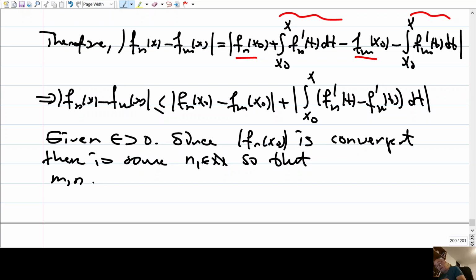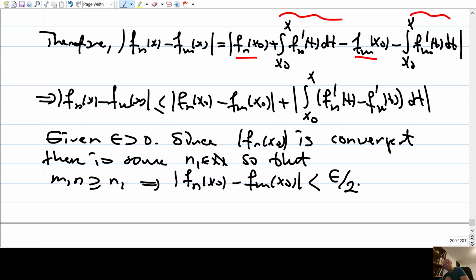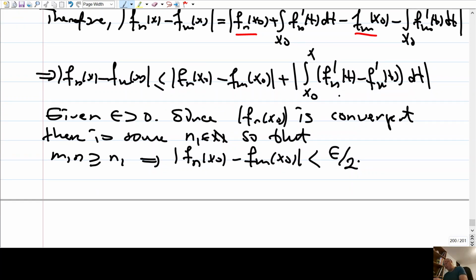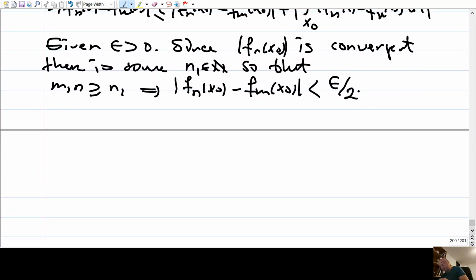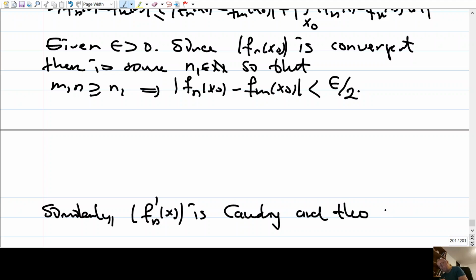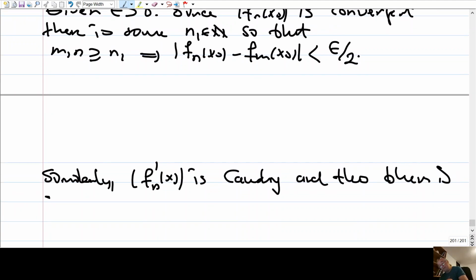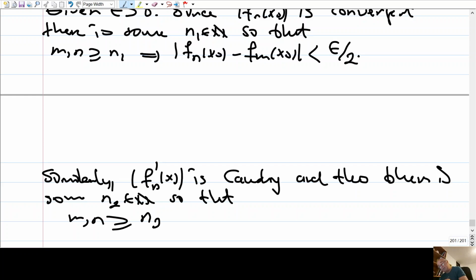So that m and n larger than n1 implies |f_n(x0) - f_m(x0)| is less than epsilon over 2. Also, similarly, this sequence f_n prime(x) is Cauchy, and thus there is some n2 so that m and n larger than n2 implies